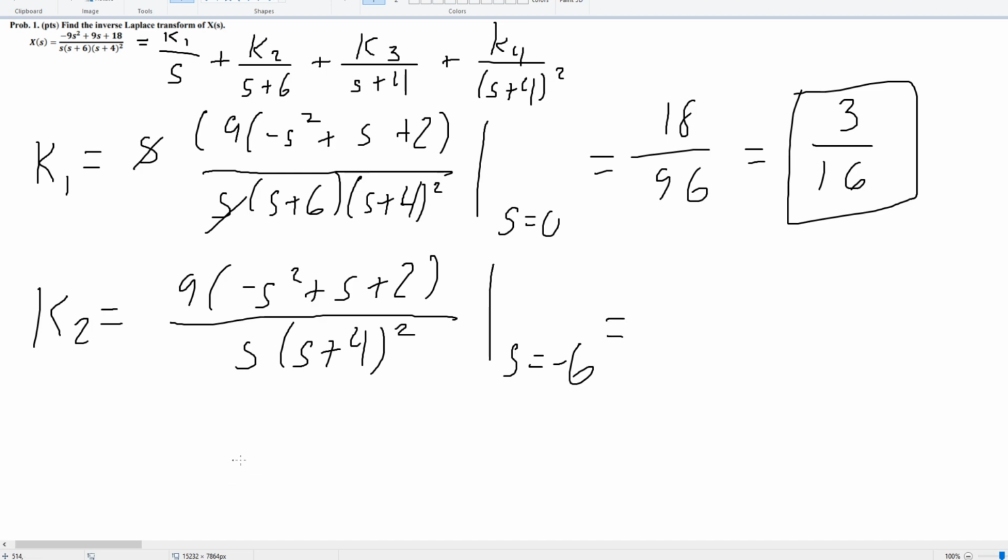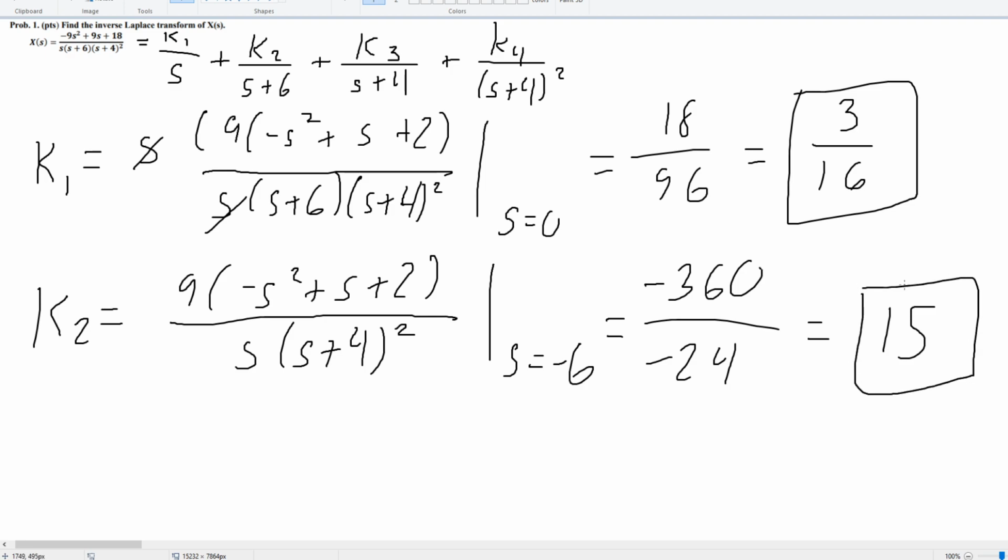Another thing you could do is just, so this is s plus 6, right? Which is equal to 0. S is equal to negative 6. That's another way, right? Getting back to high school. Delete that. Okay. And just by doing some math, plugging in negative 6 to all parts, which could be done on the calculator, this is going to be negative 360 over negative 24. And that's going to be equal to 15, because the negatives cancel out. Okay. Now